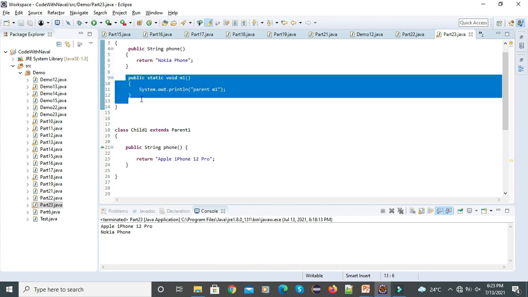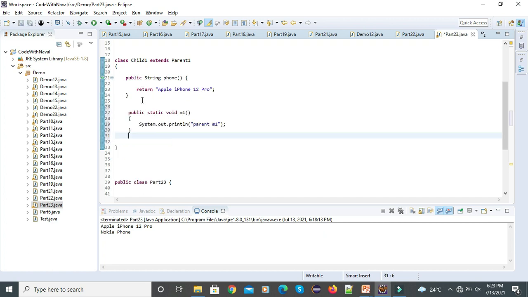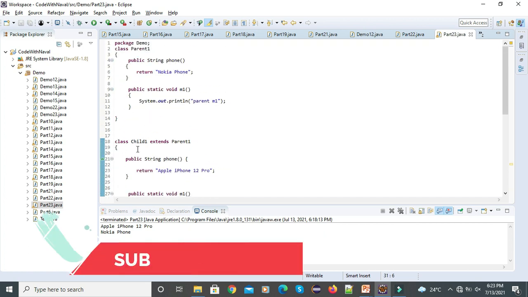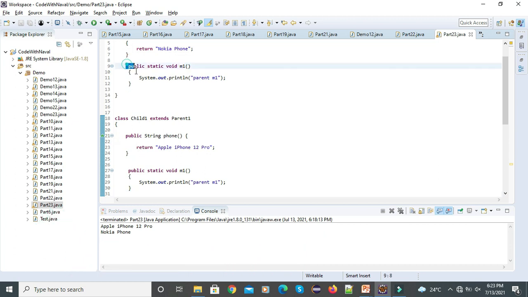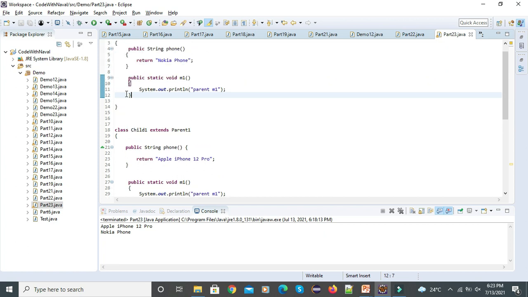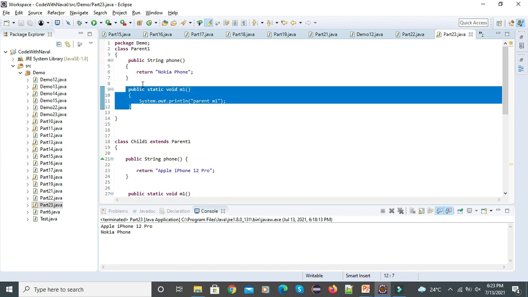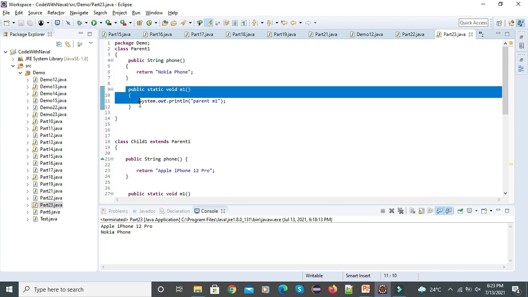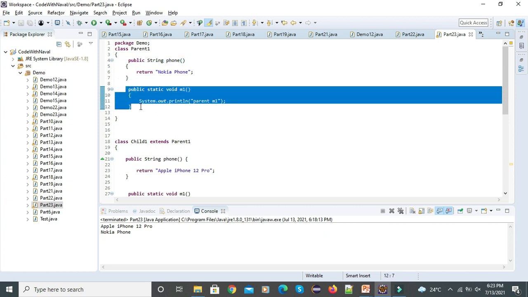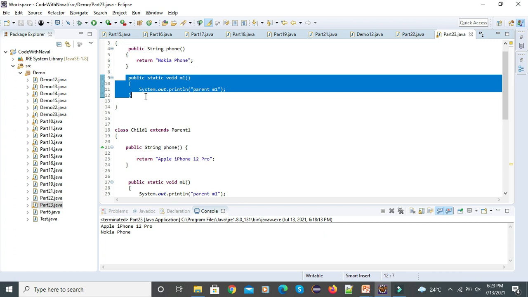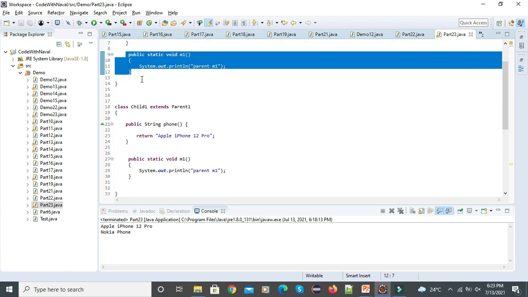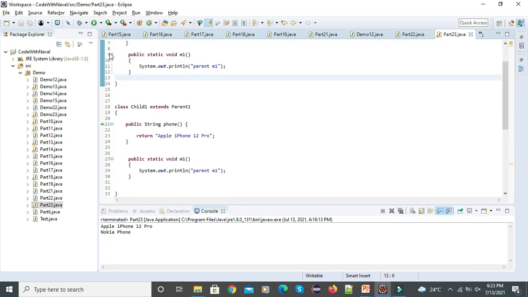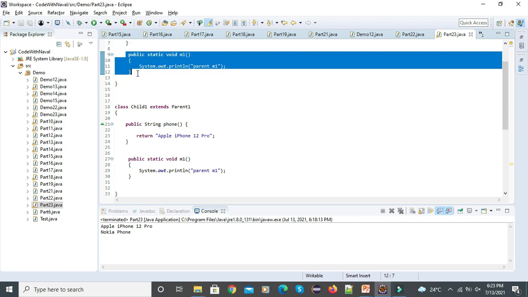Now I want to create the same method in the child class. You can see it's not throwing an error, because the child class doesn't know the parent class has an m1 method, and the parent class doesn't know the child class has an m1 method, because a static method is only specific to inside a class. It's not specified for outside a class. That's why whether you define it or not, it's no use for method overriding. A static method does not become part of method overriding.